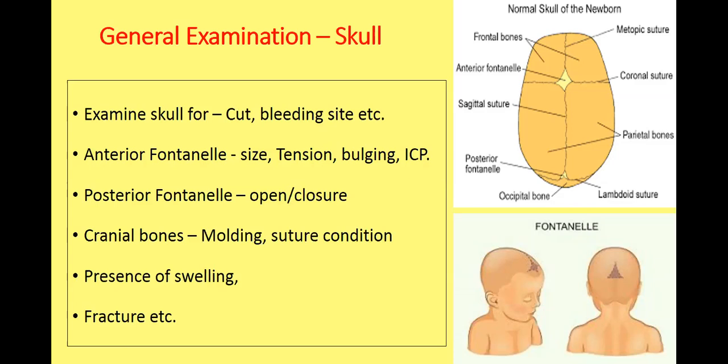In increased intracranial pressure, the anterior fontanel may be tense or bulge. How do you assess the tension and bulging? Just move your finger on the anterior fontanel. You can observe the tension and bulging pressure from the inner side. This increased pressure is due to meningitis, intraventricular hemorrhage, periventricular hemorrhage in the pathological condition.